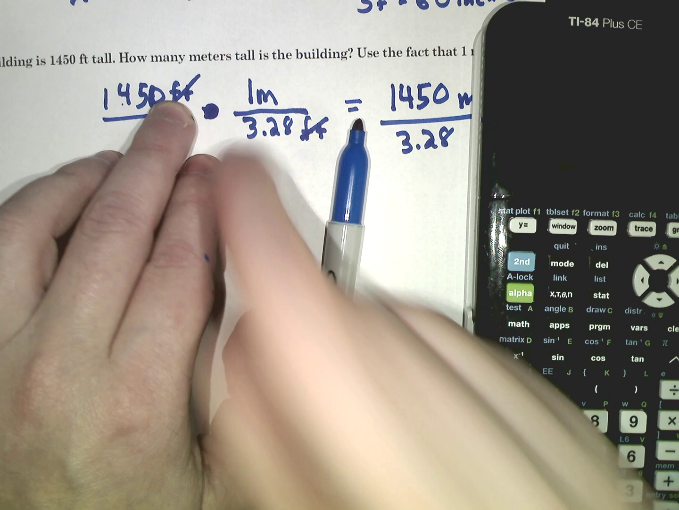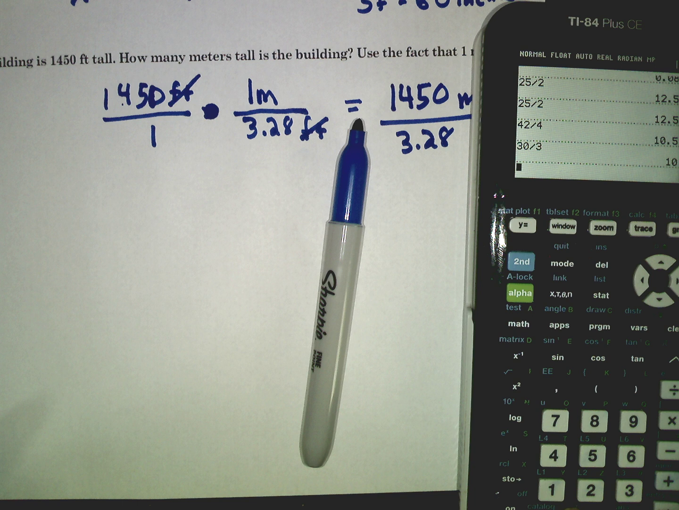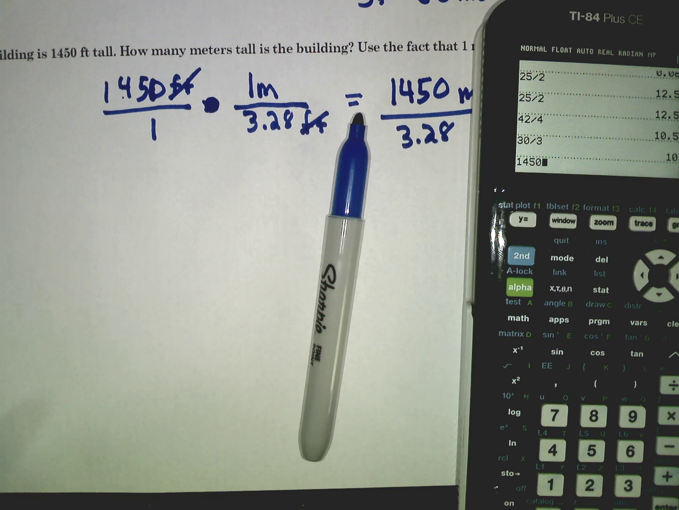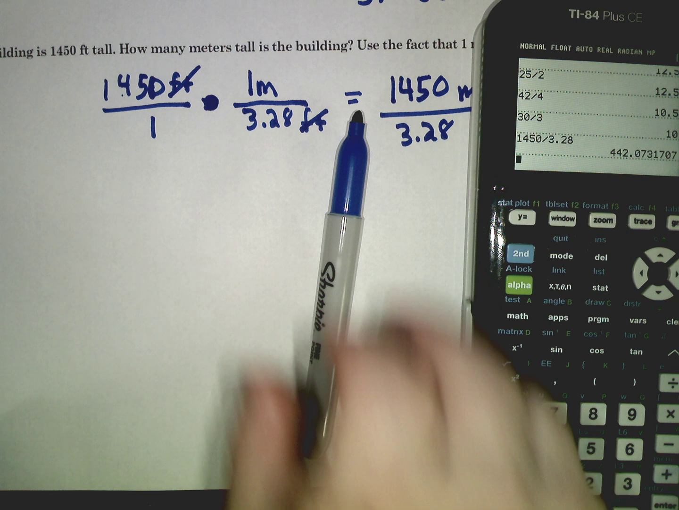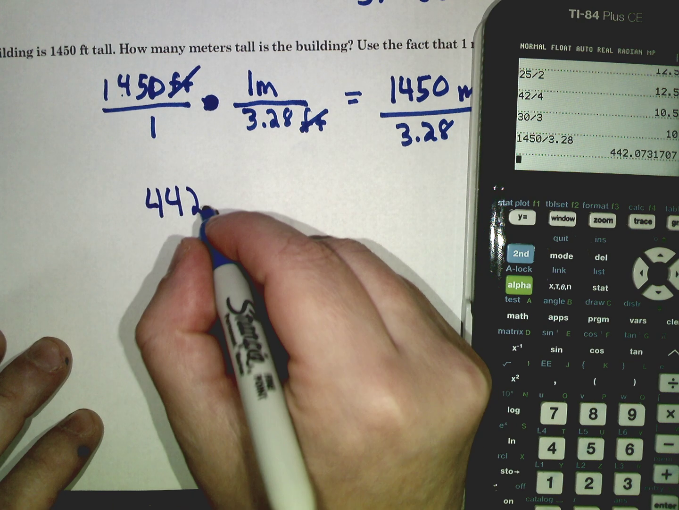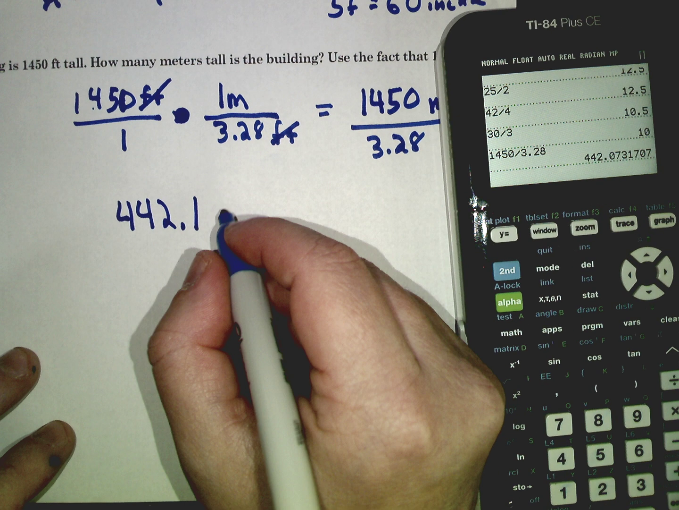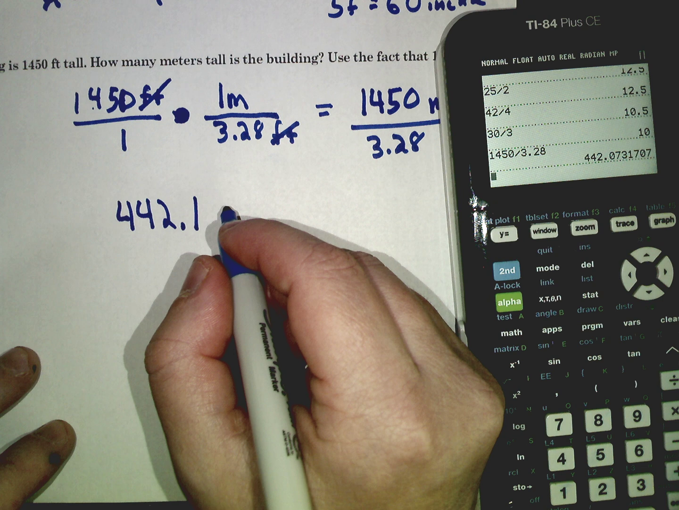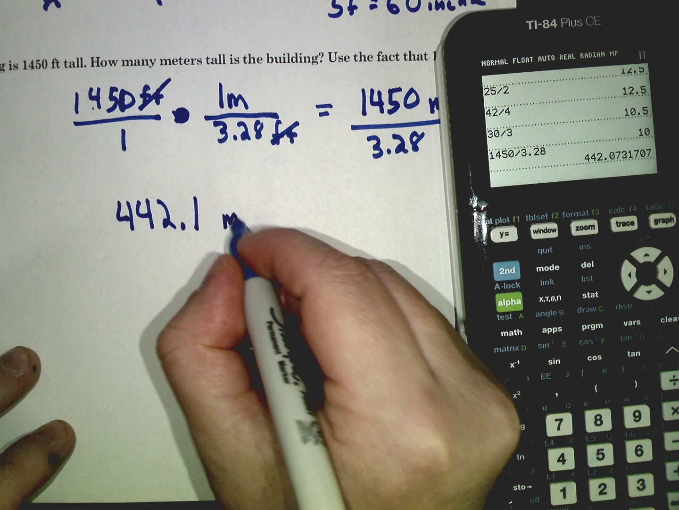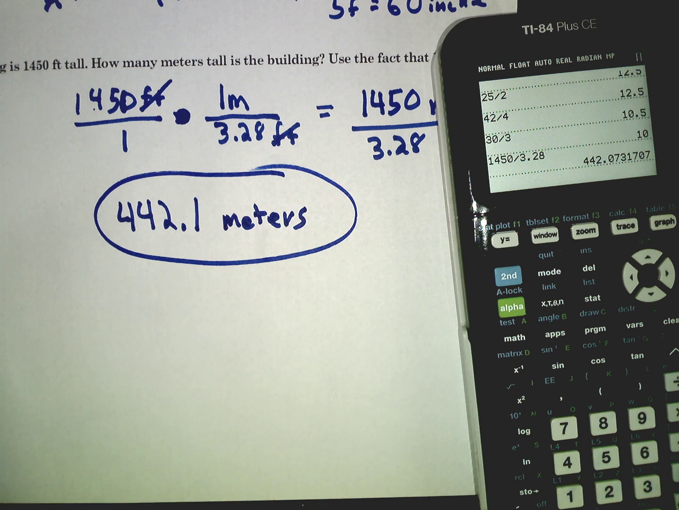These are very good Regents questions. So I'm going to do this here. 1450 divided by 3.28. 442.07, I'm going to say 442.1 meters. So this building in meters is 442.1. Now,